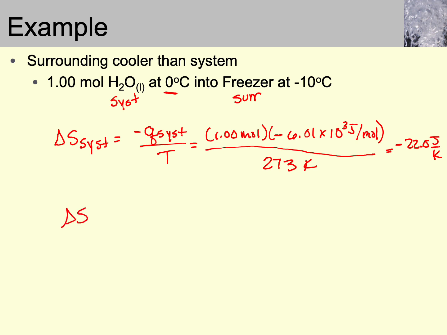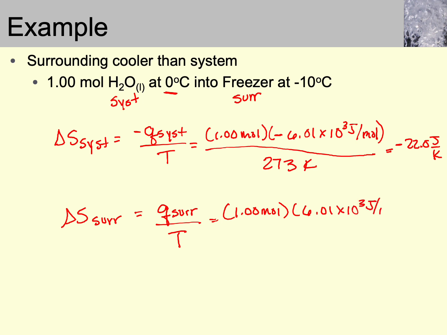Then the delta S of the surroundings, which is colder. Remember, it flows from warmer to colder. So this is going to be a positive Q of the surrounding divided by the temperature. So this is going to be 1.00 moles times a positive 6.01 times 10 to the 3 joules per mole divided by, this is a negative 10, so that's going to be equal to 263 Kelvin. And that's going to give me 22.9